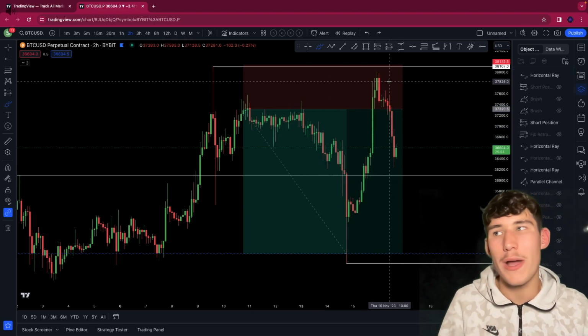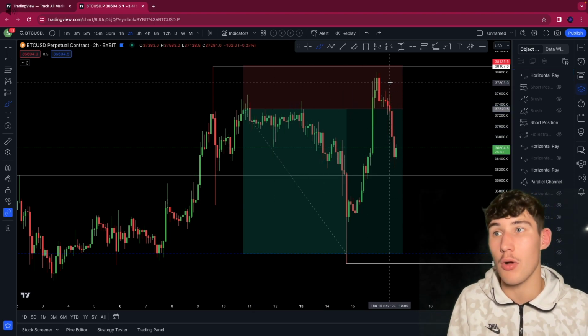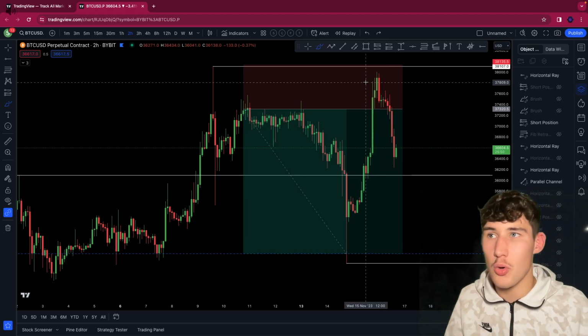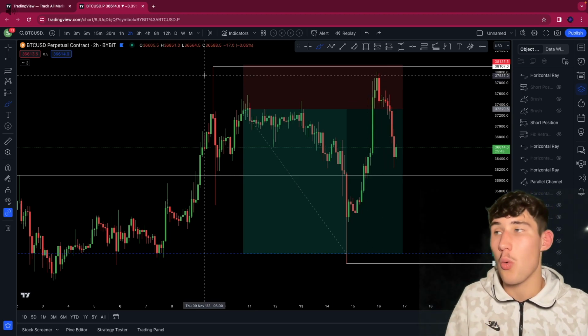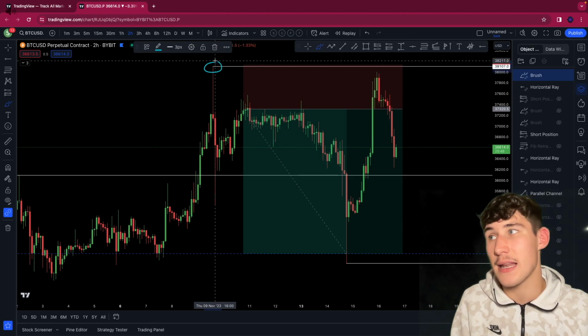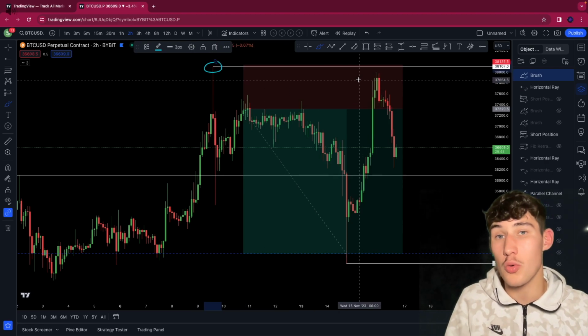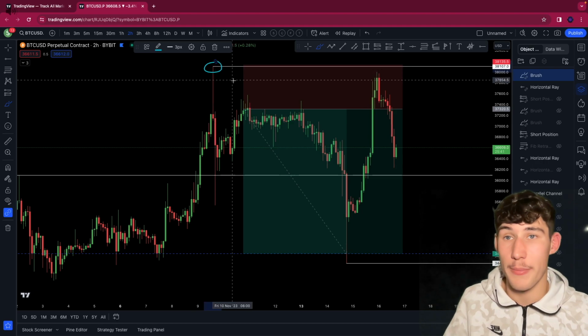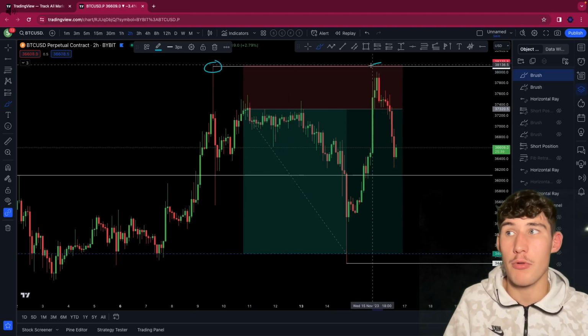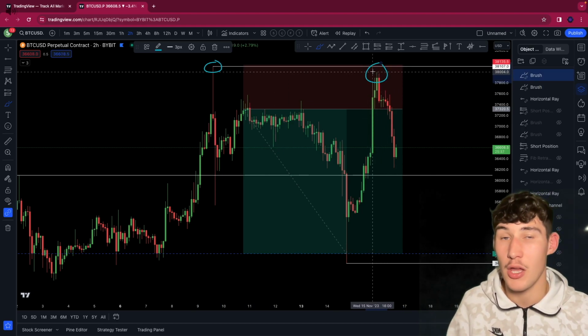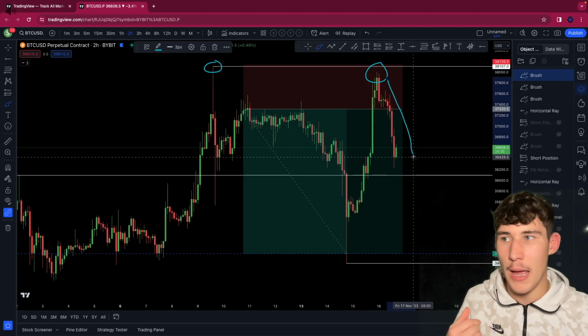Now, I was waiting for higher prices, and I was telling you guys, I am looking for another short position at $38,107. I still want to see this level being tapped, and I still want to short this level if price was looking bearish coming into it. But we did front run that level ever so slightly. You can see right here, we front run the level, and then we got that pullback.